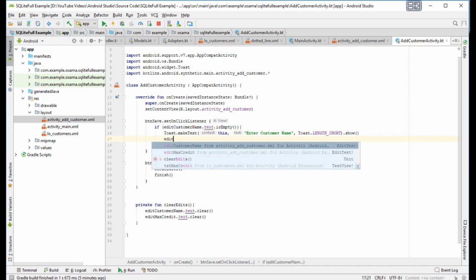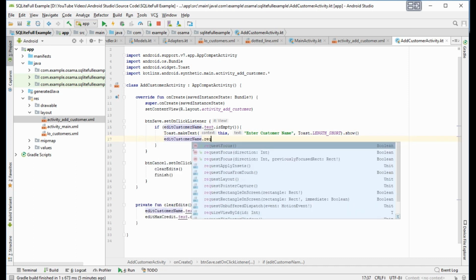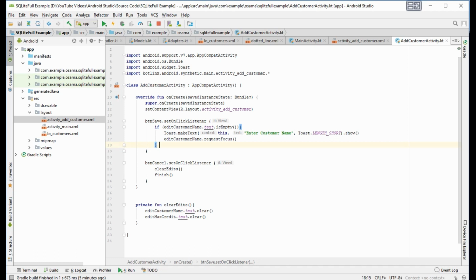Then edit customer name dot request focus.